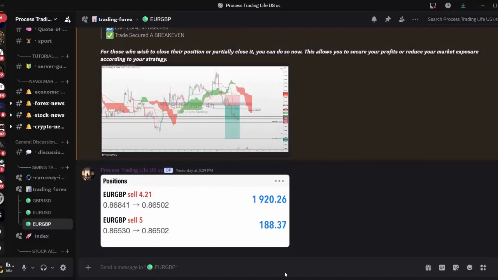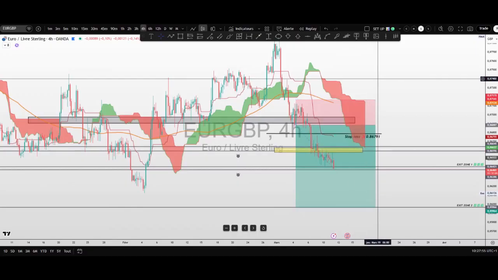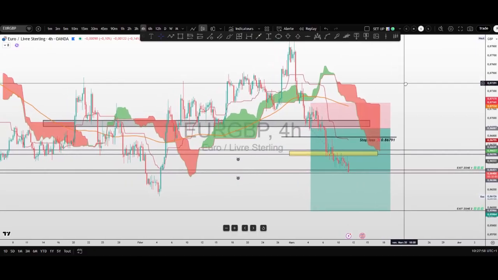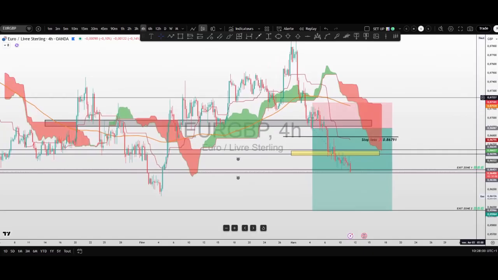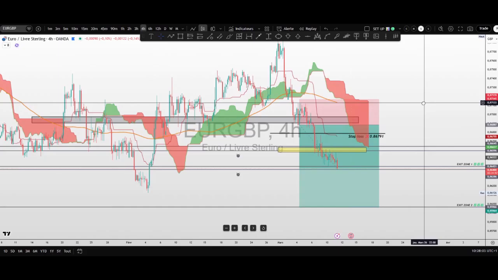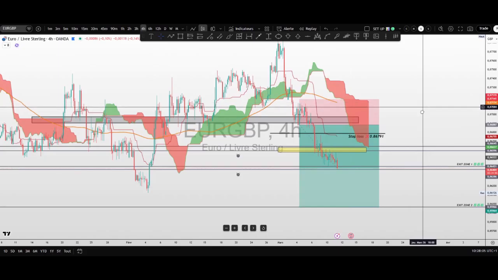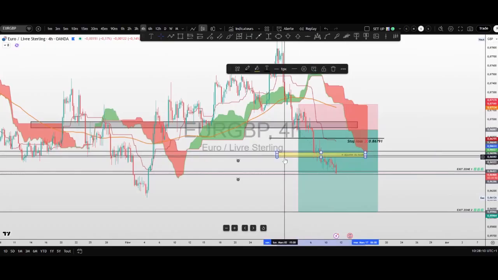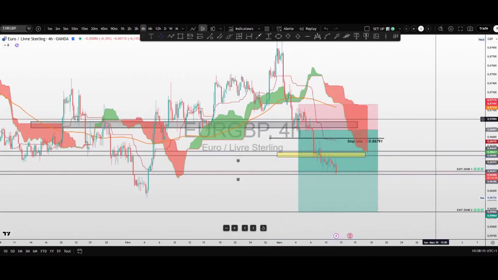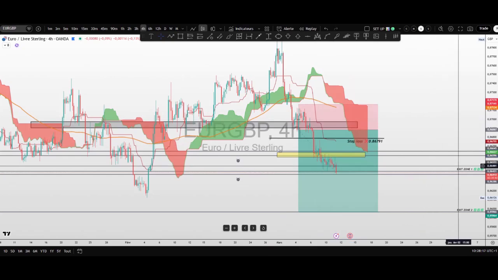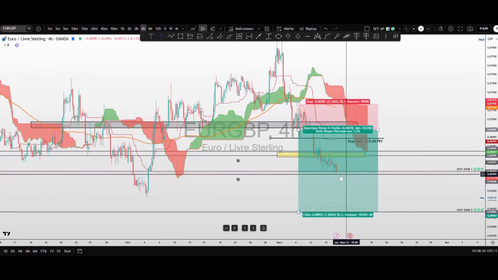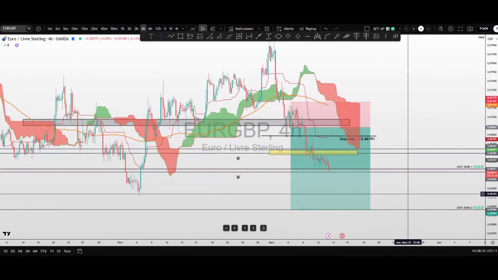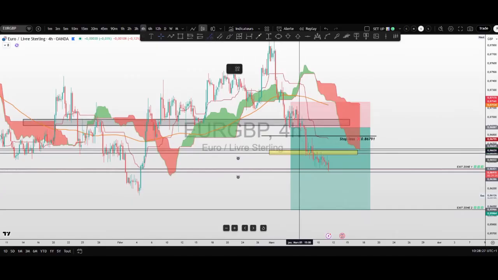Here we are currently on TradingView. The market is open. Today is March 11th, as we can see on the chart. Here the market is clearly oscillating between the resistance here and exit zone number 1. So if the price breaks through exit zone number 1, we go to exit zone number 2. In any case, my stop loss, I will move it to just above